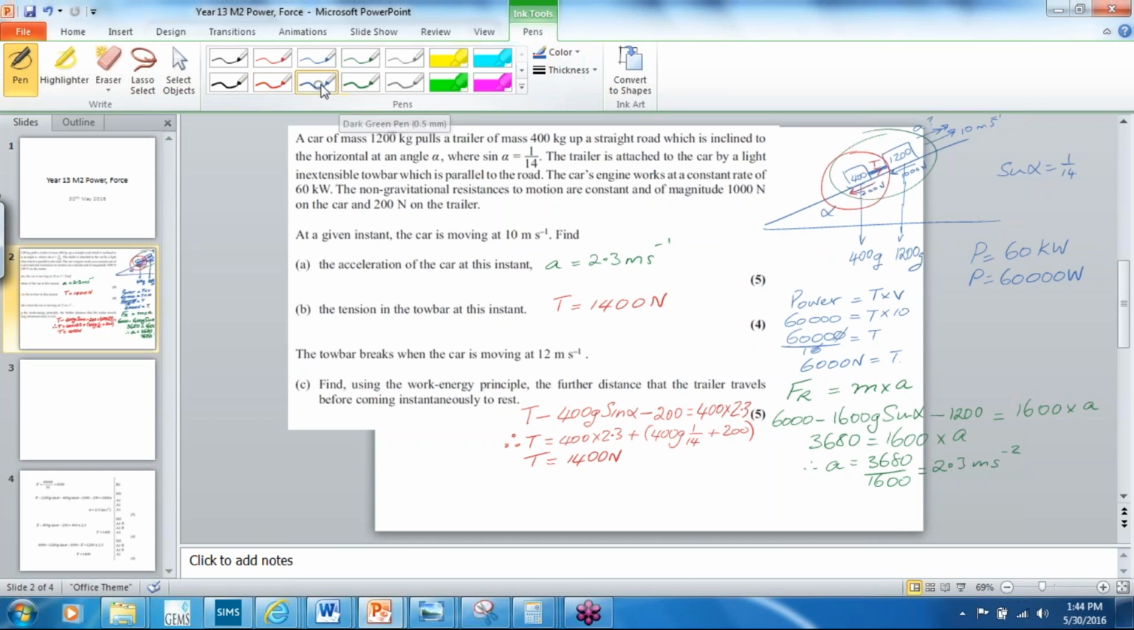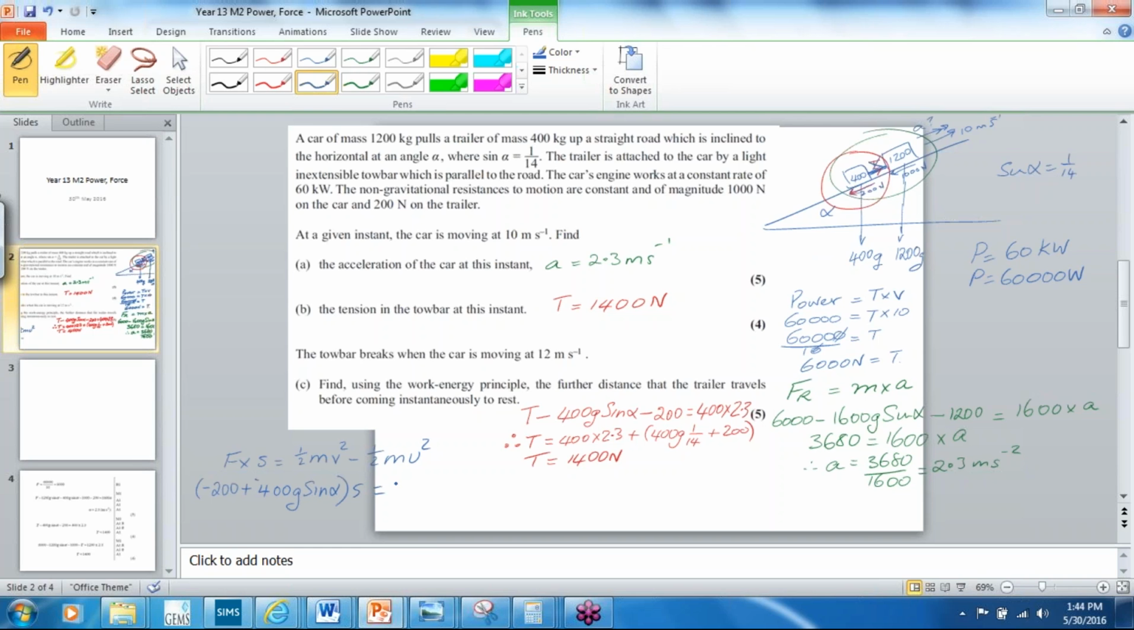Finally, part C: what distance does the trailer travel if the tow bar breaks when the car is moving at 12 meters per second? At that point, this tension ceases to exist in the tow bar, and we've only got the gravitational force down, 400g sine alpha, and 200 newtons down. And that is our resultant force. So F times s will be the change in kinetic energy. So we end up with half mv squared minus half mu squared. Our force will be negative 200 plus the negative 400g sine alpha,